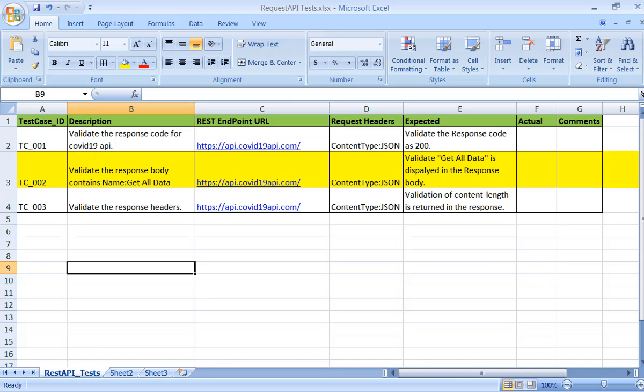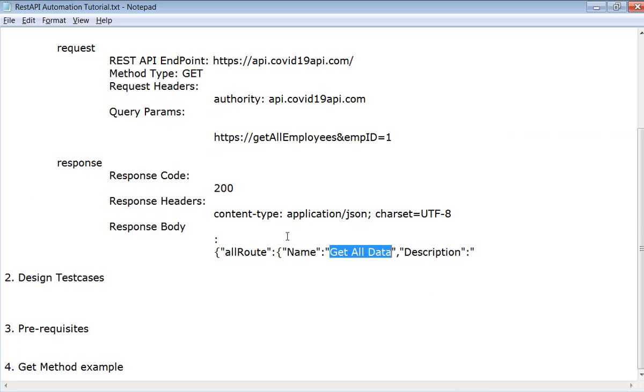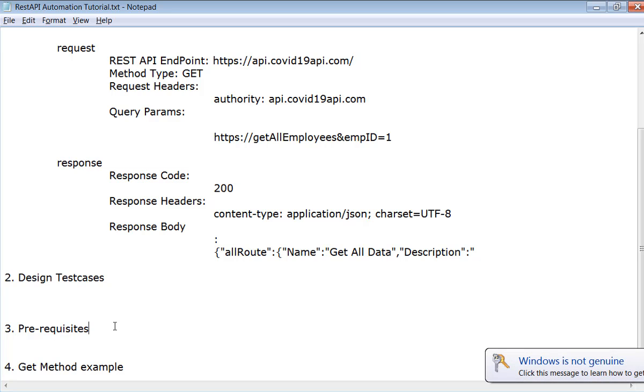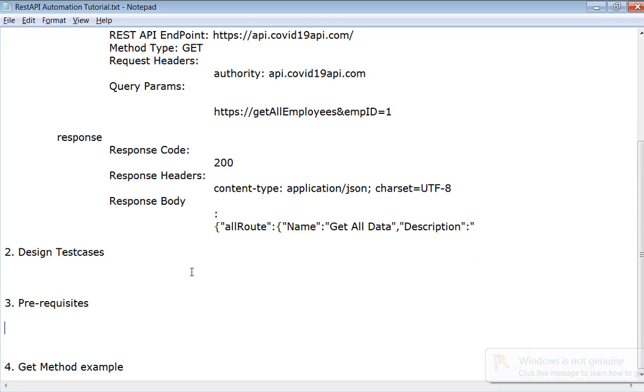Okay, so let's try to understand how we are going to test these services using an API. So we have designed the test cases. I showed the test cases. I will upload this information in the blog. The entire information you can access from the blog: the test cases, the documentation, all of this will be part of the blog. You can check that. I will provide these details in the description section. If you have any comments, you can put them in the chat window or the comment section of the YouTube channel, and I can try to help you accordingly.